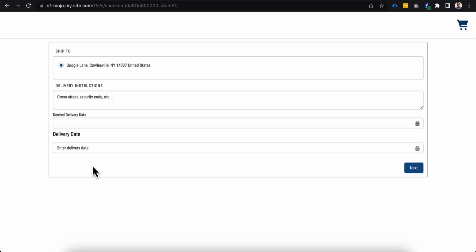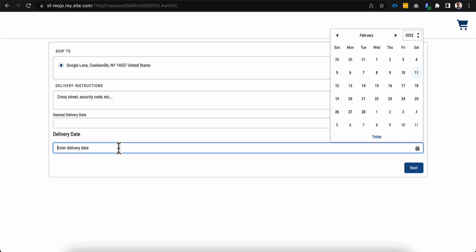So now we can see we have two delivery dates on here. One is that standard field from the screen flow. The second one is our component that we have here. For this purpose, we have both on here. However, we'd go back and actually remove the other one. So you really can do whatever you want here. This first one isn't even mapped into the flow anymore. So we should be able to click